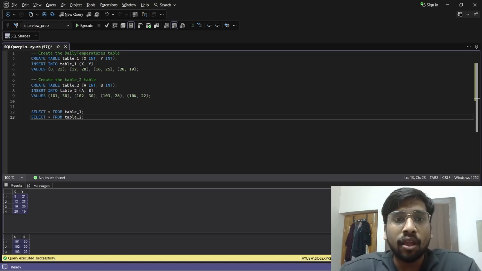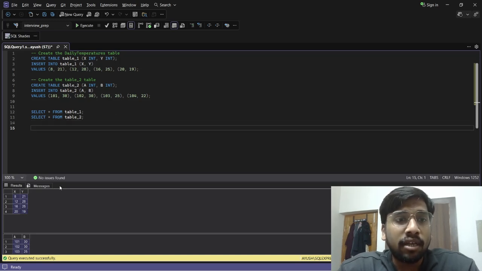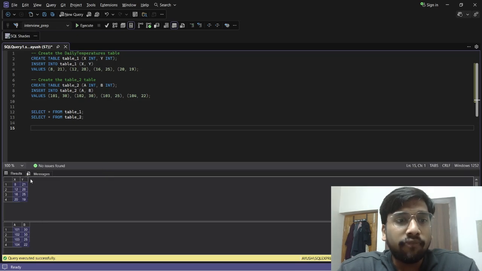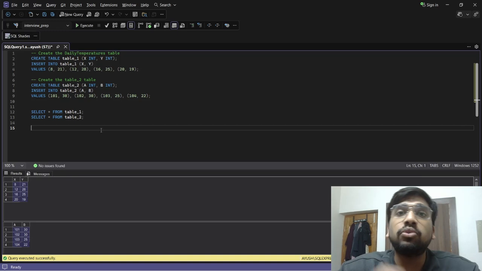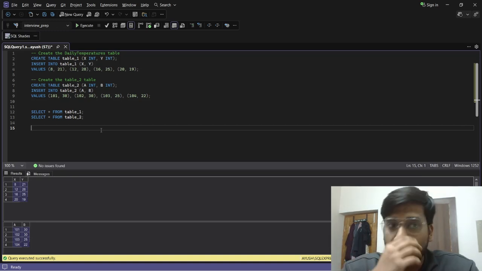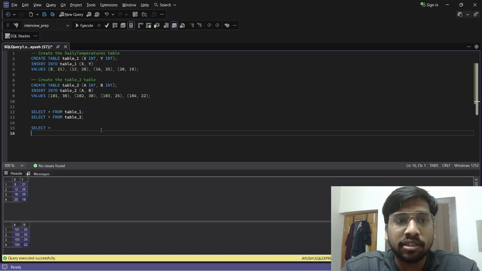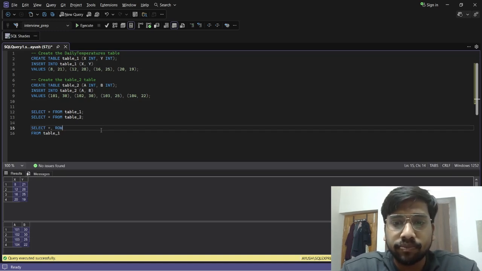So let's start with the problem. Here what we need is a common column, so we will make a column such that the column is common for table 1 and table 2 itself. We will do this by using the row number function. Let me show you how we will do it. So let's say we will first do select star from table 1, and here I will create a row number